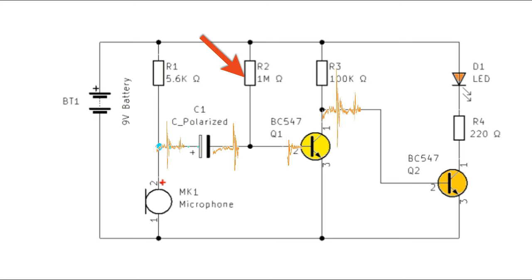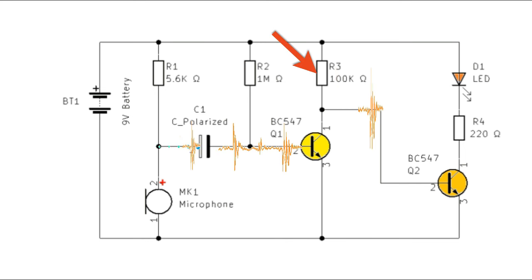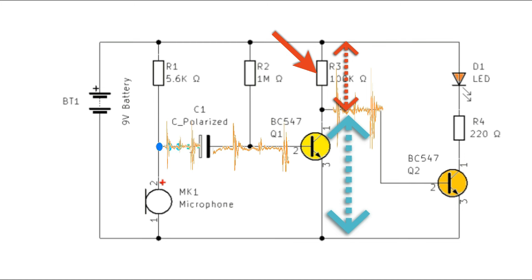Resistor, 1 megaohm. This resistor provides additional biasing for the base of the first transistor. It helps in stabilizing the operating point of the transistor. Resistor, 100 kΩ. This resistor is connected to the collector of the first transistor. It provides a load for the transistor and also forms a voltage divider with the collector-emitter path of the first